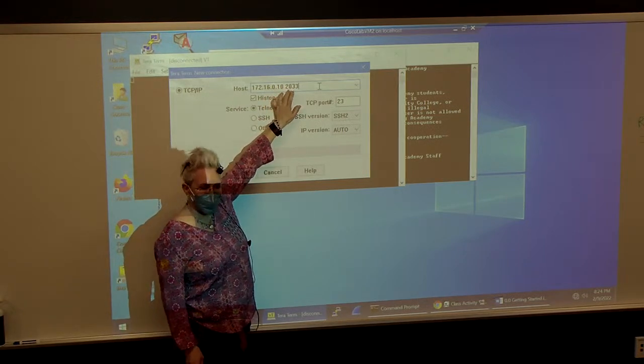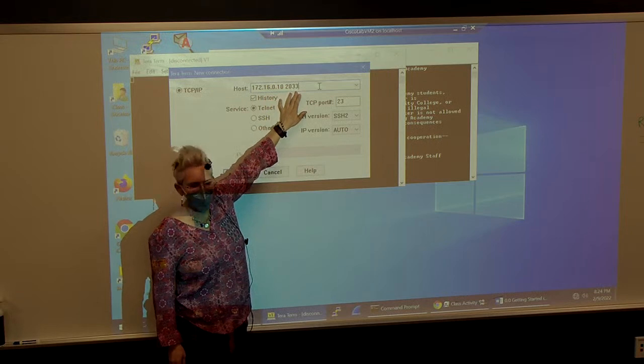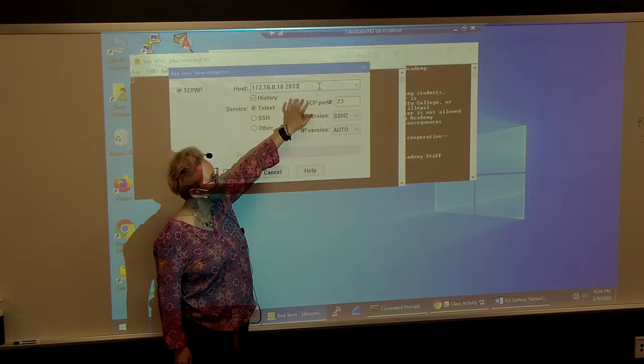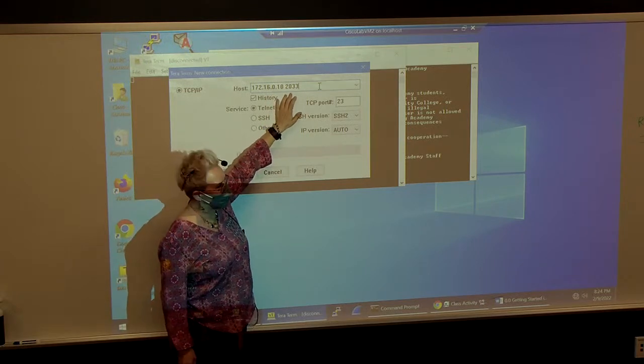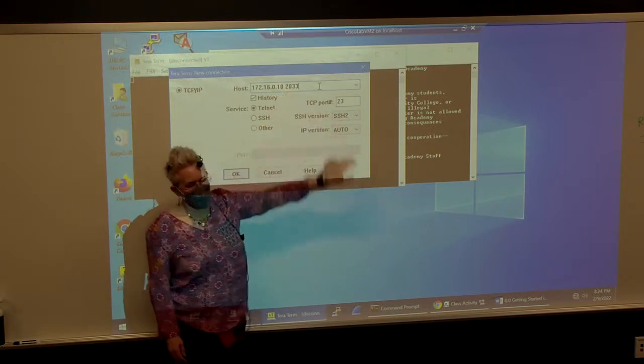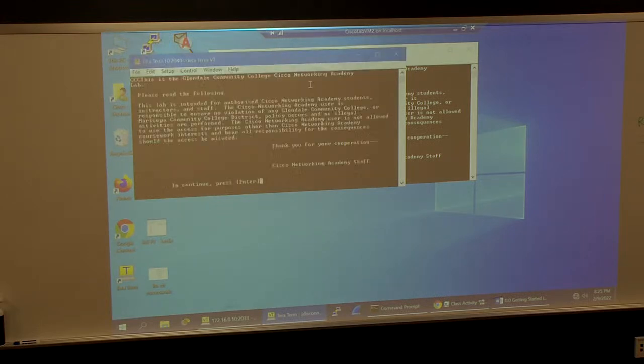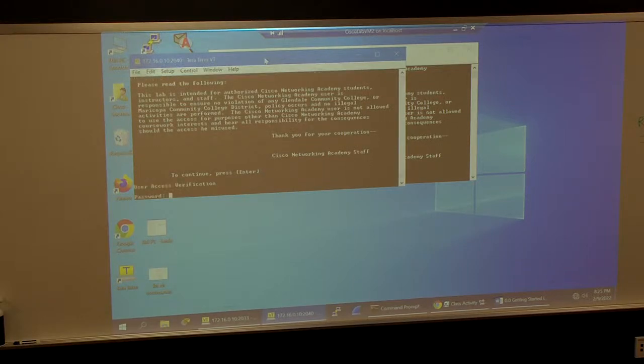Then you enter in the device ID. Nope, space. It might work with a dot, but I doubt it. Okay, space 2033, or whatever ID I gave you. Whatever I told you, I don't remember. Because you're 36,